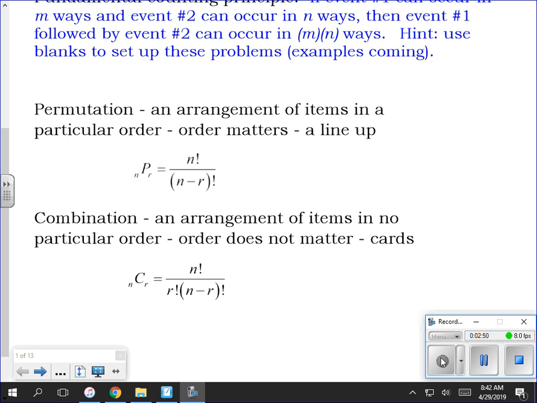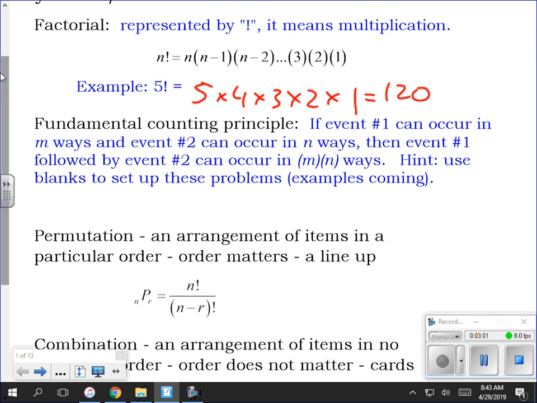Okay. Now, there was one of the factorials I didn't talk about: 0 factorial. If you look at factorials, they're the number times the number minus 1, and so on. Where does it end? It ends at 1. Now, by definition, if you do 0 factorial on your calculator, 0 factorial is 1. It has to be,